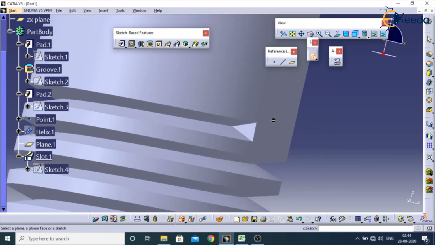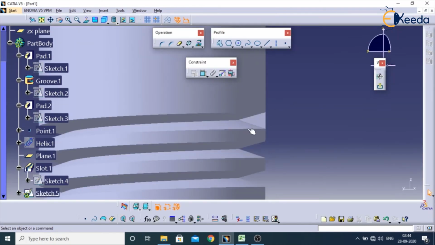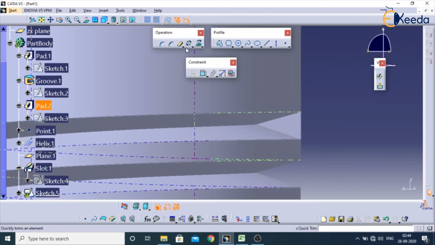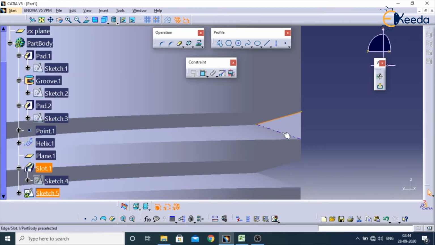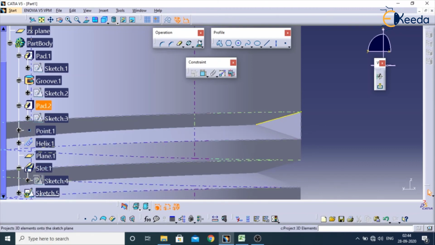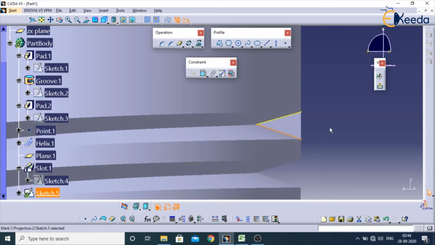So go for sketch, select this face. We have an option in the operation toolbar, project 3D element. Select this. If you are selecting this edge and this edge, what happens? By projecting the solid, it will create the sketch. Now go for profile, create a shape like this.